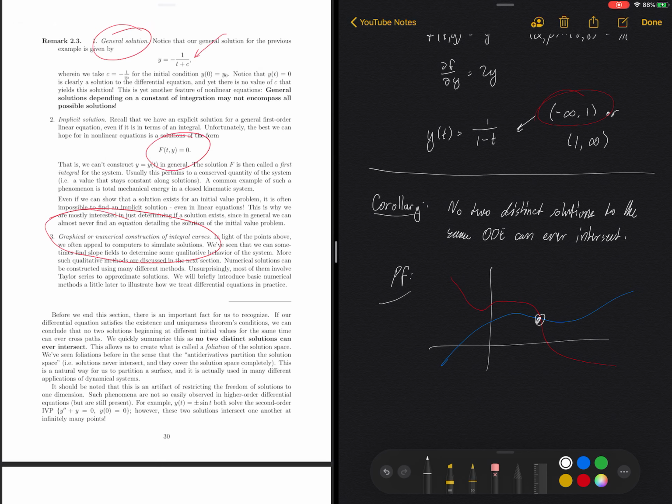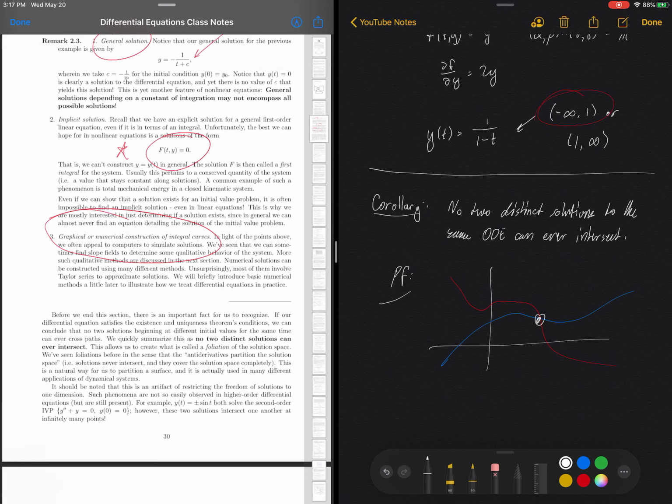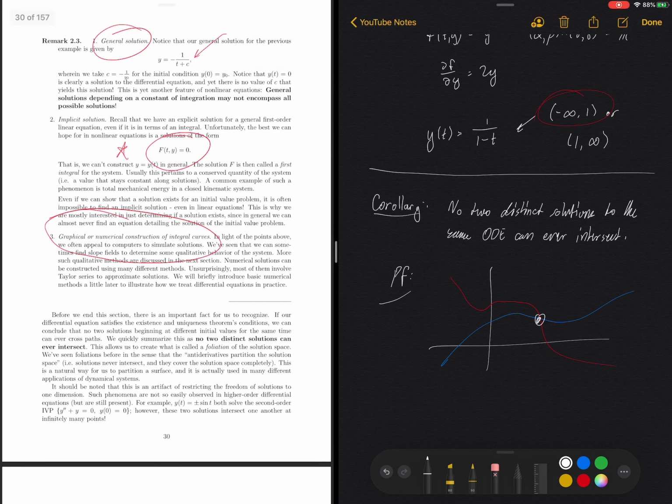Cool, and that's where we're going to leave this video. We'll talk a little bit more about existence and uniqueness in section 2.8 in a little bit. But first, we're going to start talking about specific cases of nonlinear equations that we actually can solve. But because of this restriction of there maybe not being an explicit solution, we're going to have to find some other way of analyzing these differential equations, and this is where we're going to go for the next video. We'll talk about autonomous